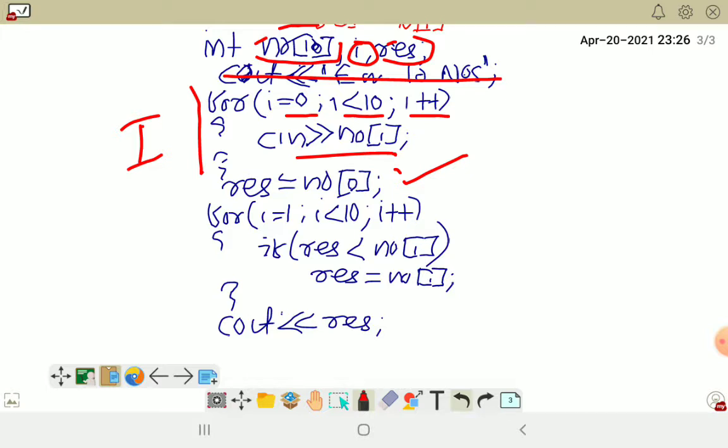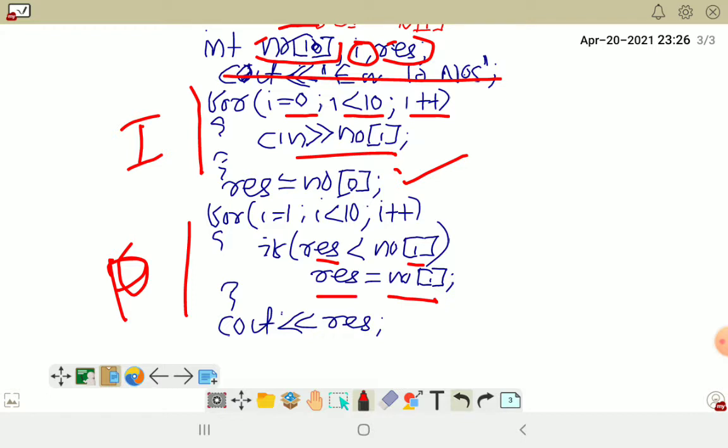Now the duty of output is what? Now it will process, this is the process, this is not output. So what is the process doing? Now it is starting the loop from the 1st place and continuing till 10, I plus plus we did. If the result is less than no of I, then no of I is getting stored in the variable result.